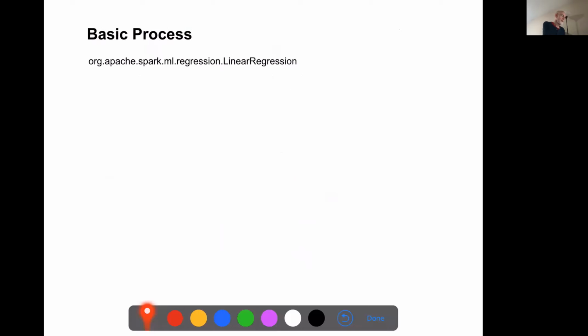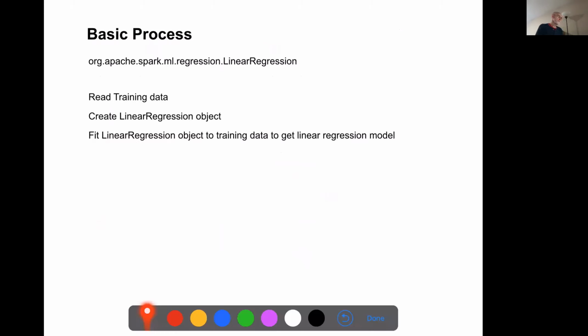The basic process is, we need to read the training data, create a linear regression object, fit the linear regression model object to that training data to get our model. And now we can read the data we want to test on and evaluate that data using the linear regression model. Not that much different than what we were doing before with straight pandas.